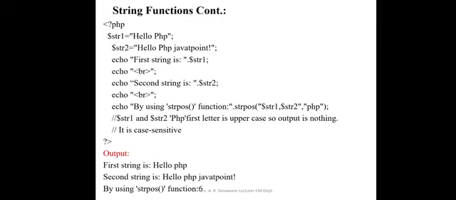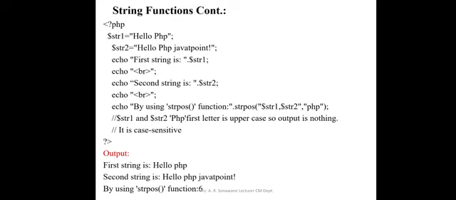Now we have to see one example. So consider $str1 and $str2 as the two strings. $str1 is a string having the value "hello PHP", where P is capital. And $str2 is a string which is again "hello PHP Java tPoint". In both cases, for the PHP, P is capital. Now we are displaying the first string and second string. But now for the strpos function, let's see how the arguments are passed. In the double quotes, we are using the find word, php.